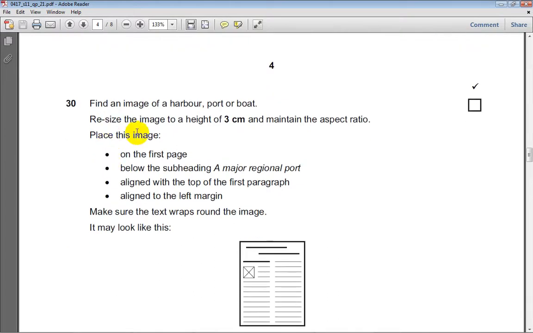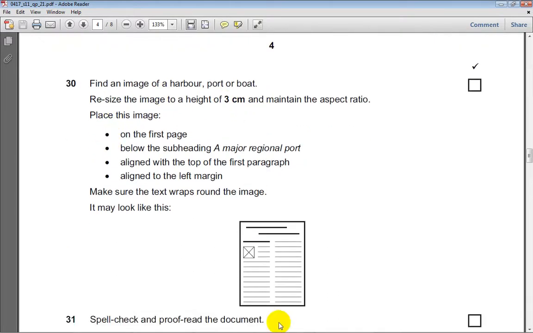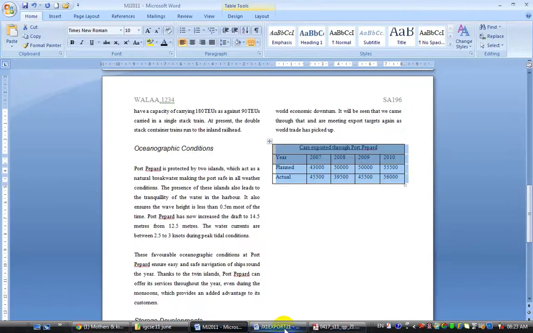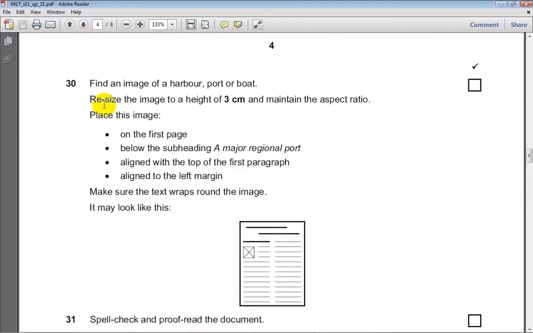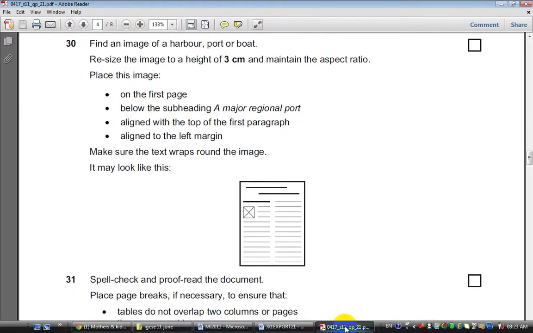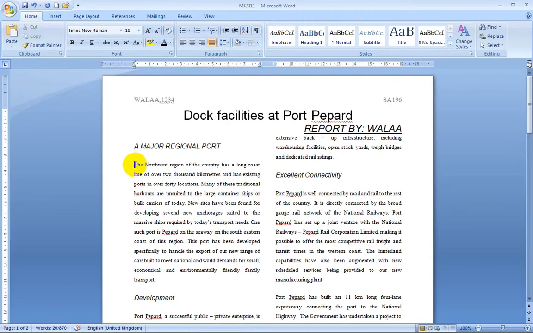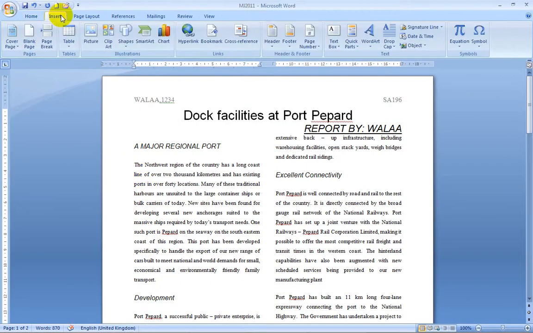Find the image of a harbor or port or a boat. I will bring it from a clip art. Resize the image to a height of 3 centimeters and maintain the aspect ratio. Place this image on the first page below the subheading a major regional port. So I will go after the subheading a major regional port at the beginning and insert clip art